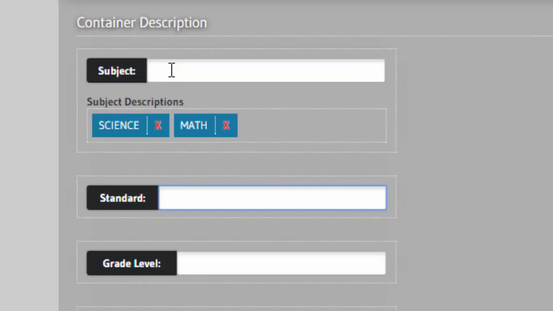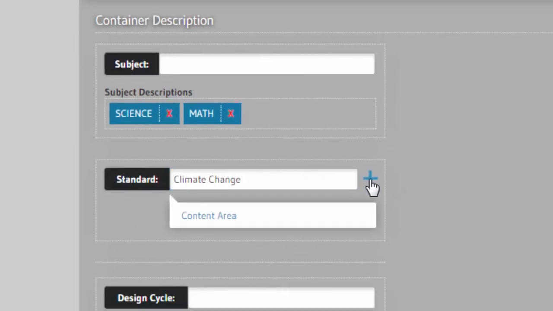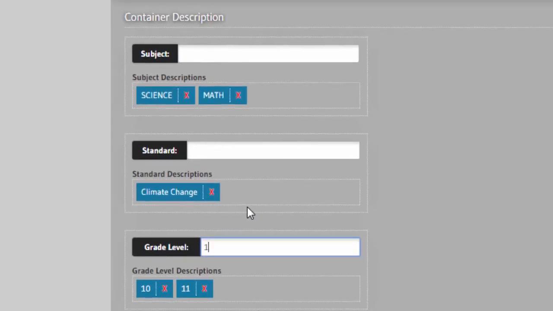to move left. To add Common Core and Next Generation Science standards, begin typing the standard in the box, select the standard, and add it by clicking the plus sign or the Enter key. For this example, we will add climate change. To add the grade levels associated with the project, type 1 through 12, select the number, and click the plus button or Enter. Adding these descriptions is essential for populating project details on the P3 forms, as well as for